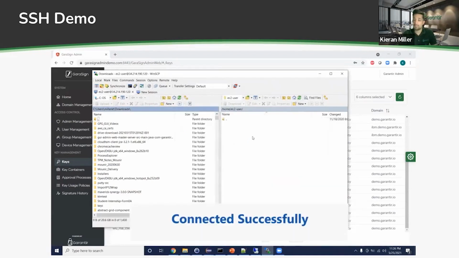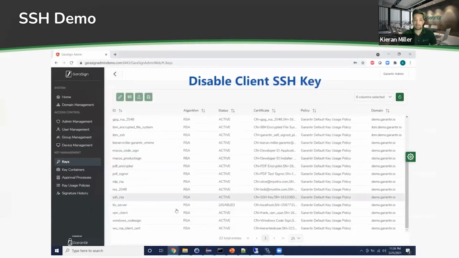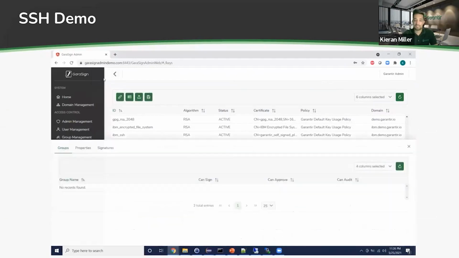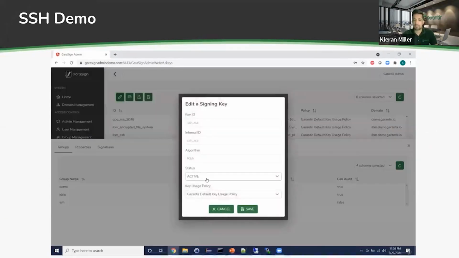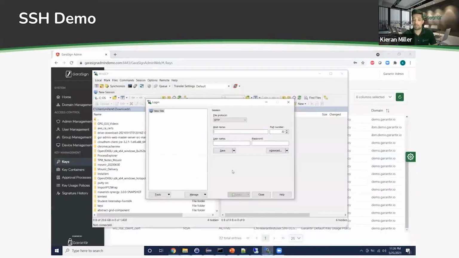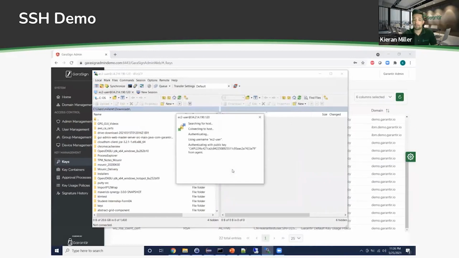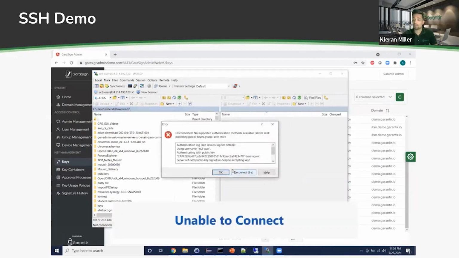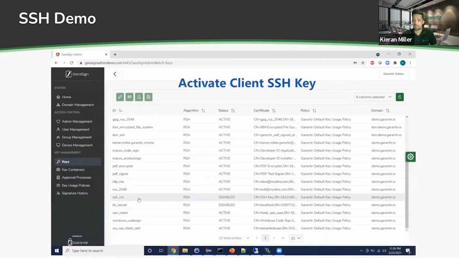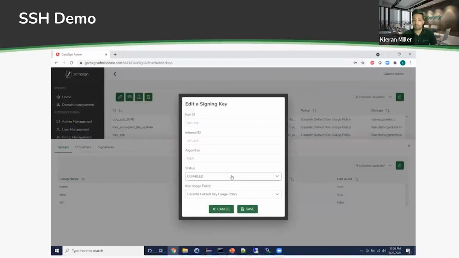And you'll see that it successfully authenticates. So now to prove we're using this key that's in the HSM managing GaraSign, we're going to disable the key and then reattempt authentication. And this time it should fail. So there's a retry mechanism in the background. So it's retrying, but ultimately it fails because the key is disabled. So we know we're using the key in the HSM proxied with GaraSign.